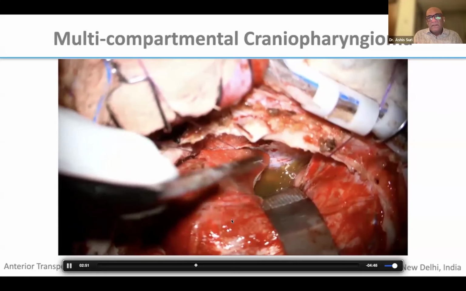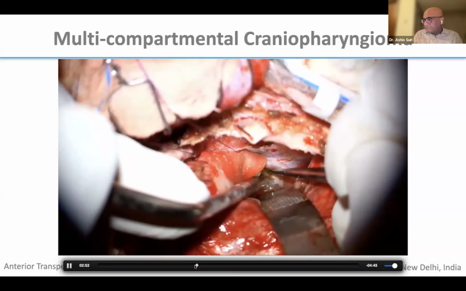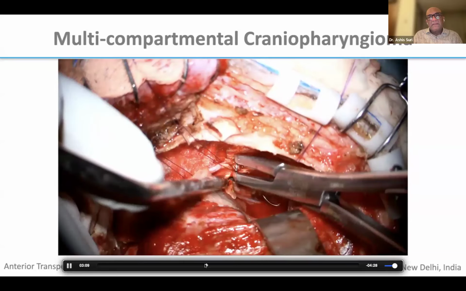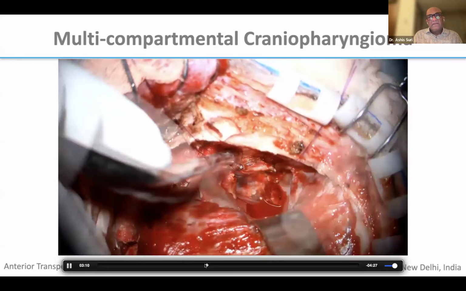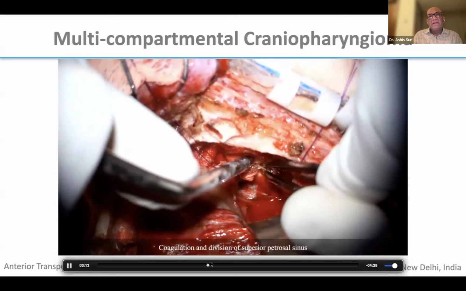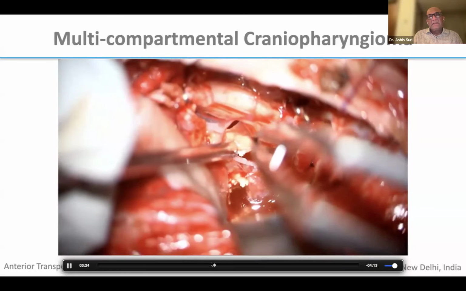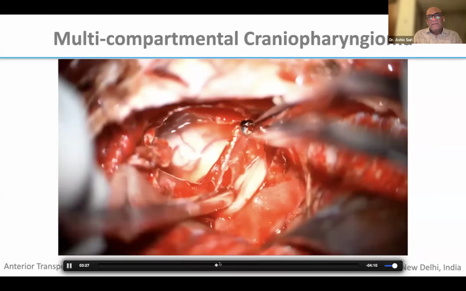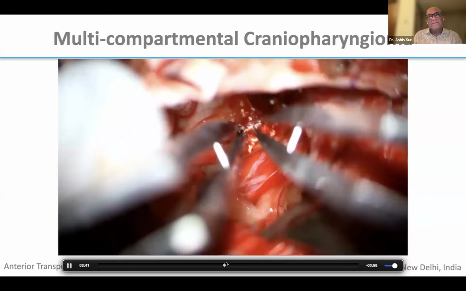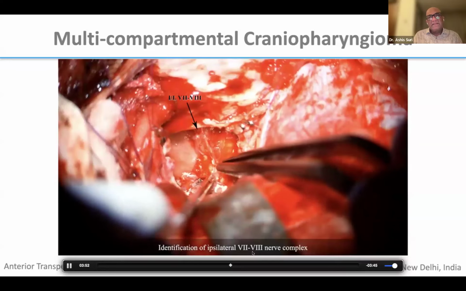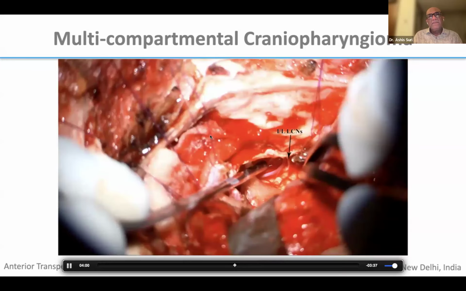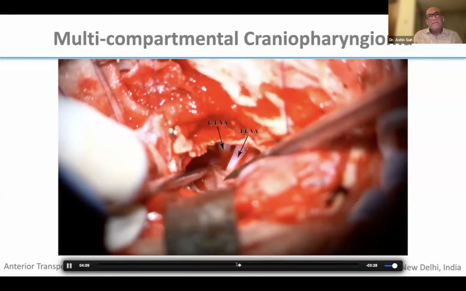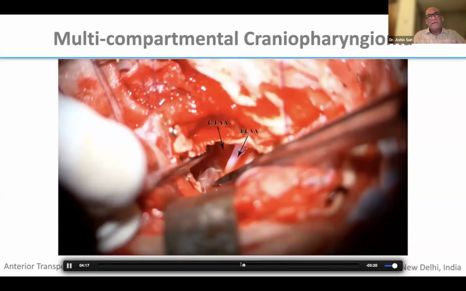So you're cutting the dura is open, and that is the tentorium, that's the superior petrosal sinus. Divide and then cut and then put ligature clips. So the 4th nerve is taken care of, and these are the two layers of the separation from the 4th nerve, the 5th nerve, and then the ipsilateral 7th-8th complex, because the internal auditory canal would be at this junction. We go down and we see the ipsilateral vertebral artery, the contralateral vertebral artery, and